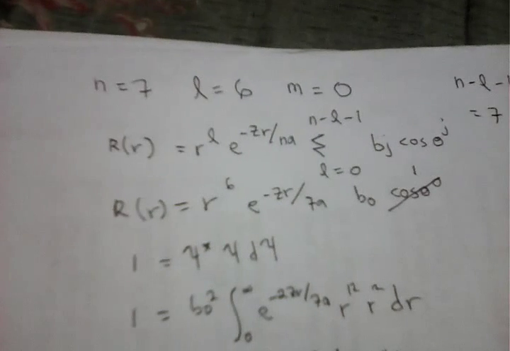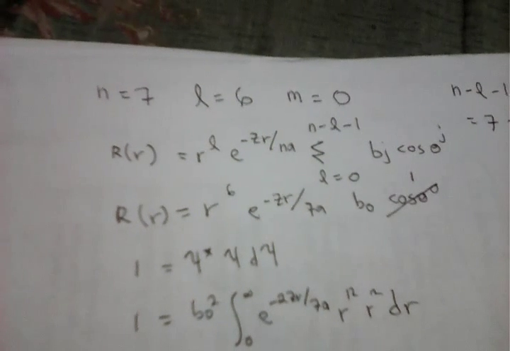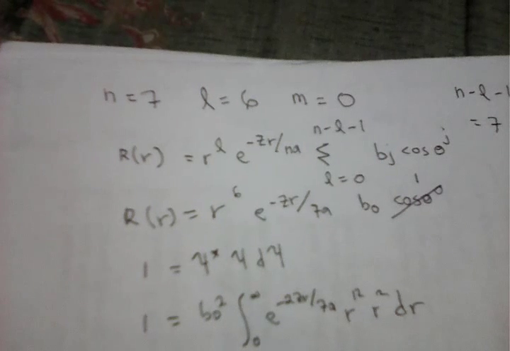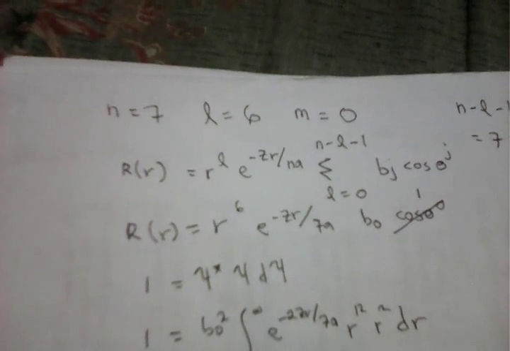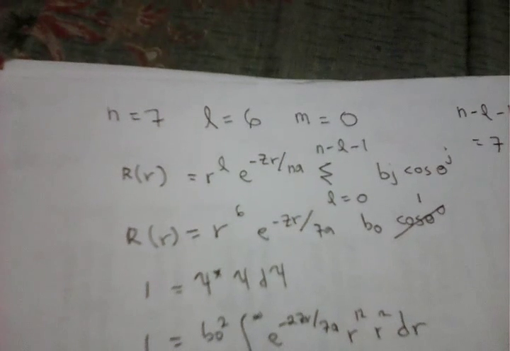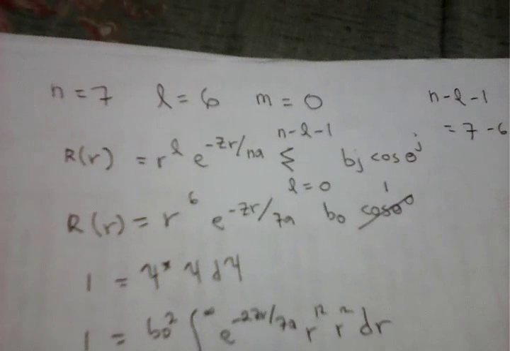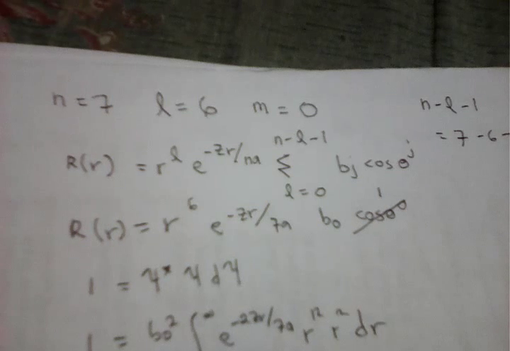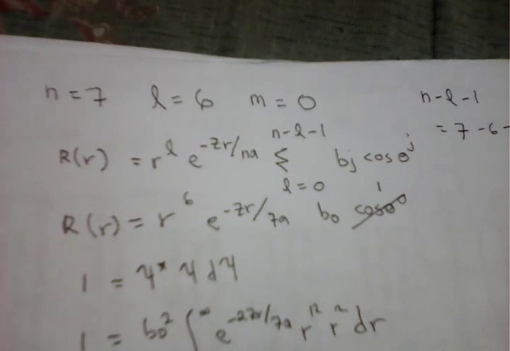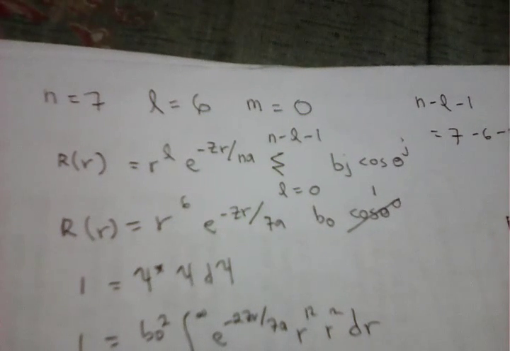See, this is the solution in the 7i orbital, when n equals 7, L equals 6, and m equals 0. First, get the radial function of the 7i orbital, which is R equals r raised to l, e to the negative Zr over na, summation of n minus l minus 1, when l equals 0, b_j cosine theta to the j. Then after that,